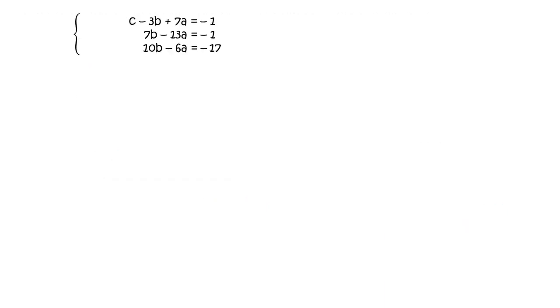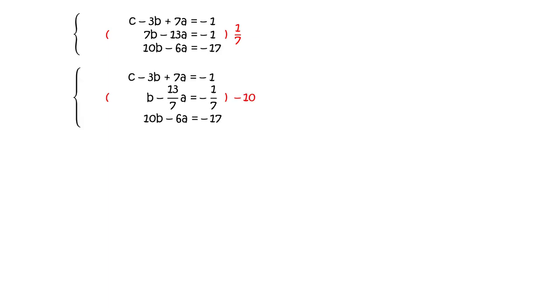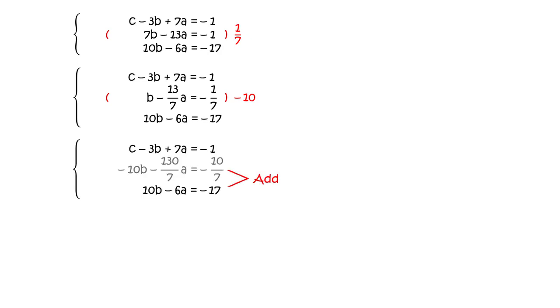Now, if you eliminate a variable in the second or third equation, you will be left with an equation with one variable. So eliminate the b term in the third equation. So make the coefficient of the b term in the second equation equal to 1 by multiplying the second equation by 1/7. Next, make the coefficients of the b terms in the second and third equation equal and opposite by multiplying the second equation by -10. Now, add the second and third equation and replace the third equation with the sum.